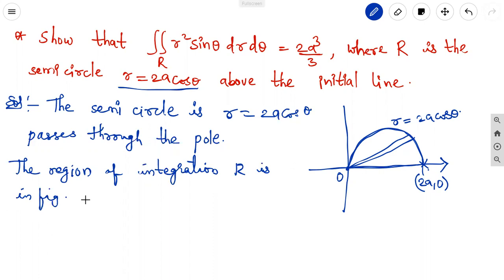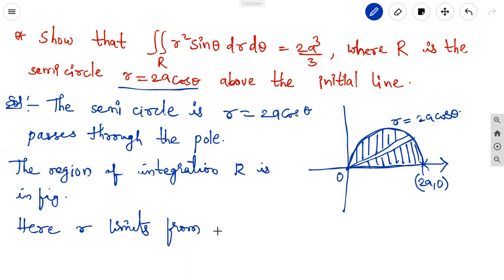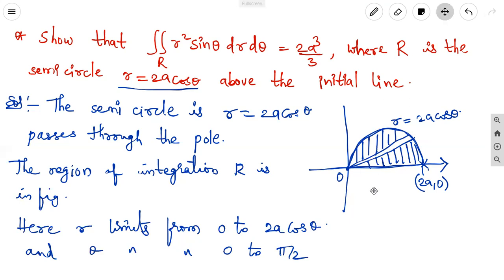This is the shaded region, bounded by the curves. Here the r limits are from 0 to 2a cos θ, and the θ limits from 0 to π/2. Why? Because when we take 0 to π/2, it forms a semicircle with the pole